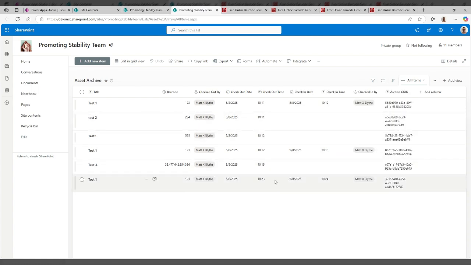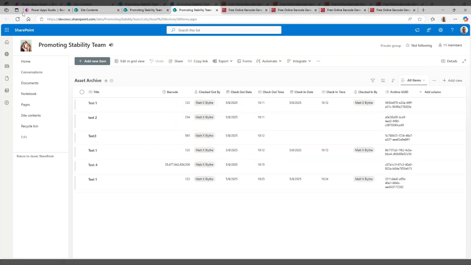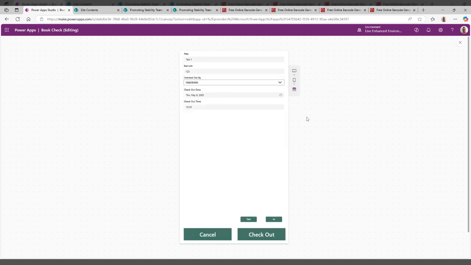And we've also got an archive of when things are checked in, checked out. And we can see that test 2, test 3, and test 4 are still checked out, which obviously links back to this. Test 1 has been checked in and checked out multiple times. So we're going to go ahead and do that now. If I go to test 1 and check that out,